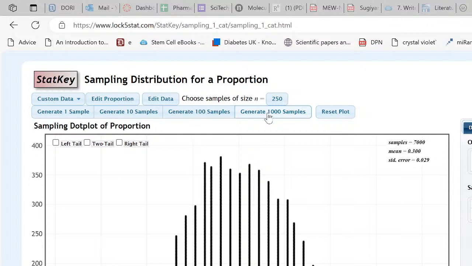Independent. It's reasonable to assume there are more than 840 mosquitoes in the region. Sometimes in my backyard, it seems like there's more than 840 mosquitoes, so yeah, I'm willing to accept that. And there's the large counts condition. Both of these quantities are at least 10. Yay! So, we have permission to proceed.